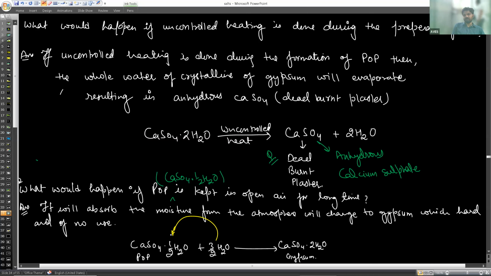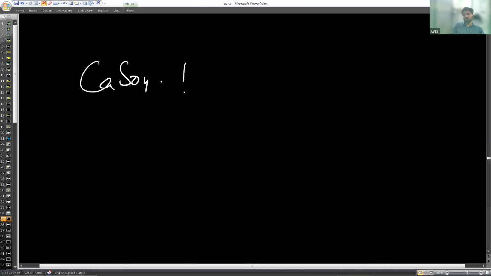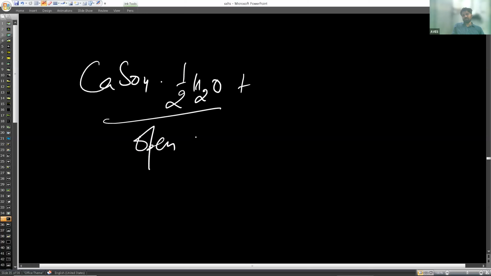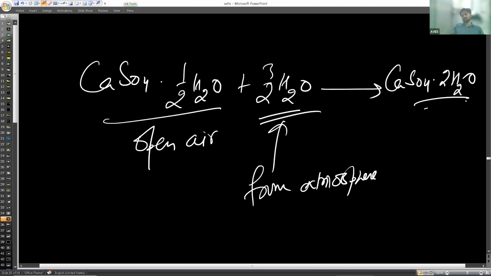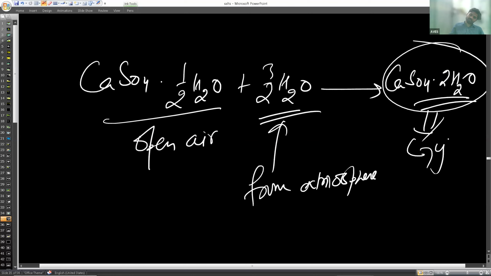Okay. If a question comes, what would happen if POP is kept in open air? POP is CaSO4 dot half H2O. When it is kept in open air for a long time, it will absorb 3 by 2 water molecules from the atmosphere. Then it is going to give you CaSO4 dot 2H2O, calcium sulfate, and this is called gypsum,